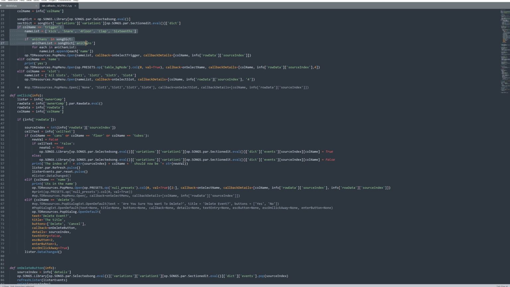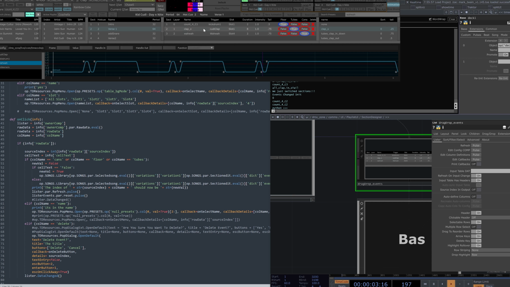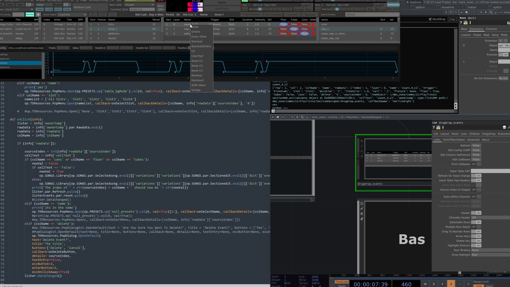This is how I open up the menu options when I right click on a value. So if I right click on these names, then my background options come open.